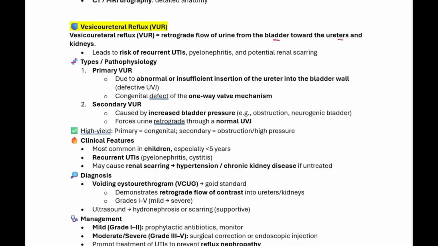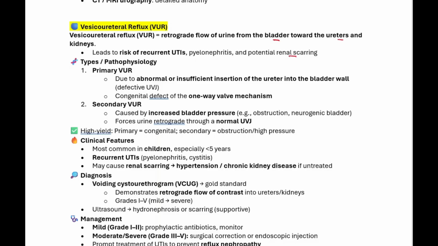And because of that, this could lead to recurrent urinary tract infection. And as you know, remember, urinary tract infection is usually an ascending infection. So it's an infection that comes from the bladder, and it could ascend into the ureter, and from there it could ascend into the kidney, causing pyelonephritis. And with recurrent pyelonephritis, this patient could develop chronic pyelonephritis, and that could lead to renal scarring